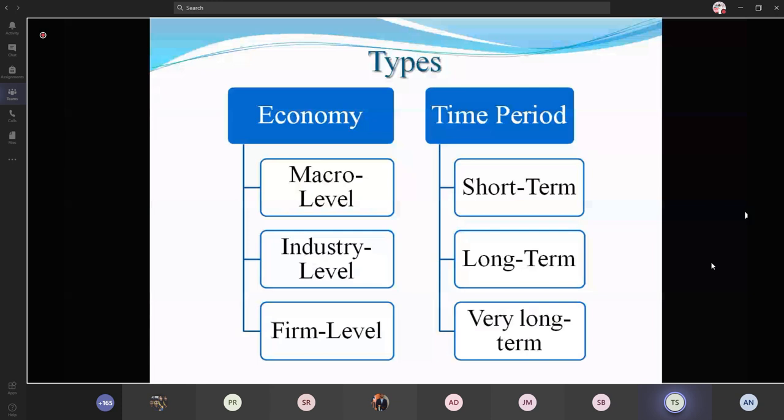And very long-term forecast. This covers a period of more than 10 years, and these forecasts are carried out with the growth of the population and development, how the economy grows, how the political situation is in a country, how the international production for a particular product will be, and how imports and exports and trade take place. All those things depend on these long-term forecasts. Is it clear, guys?